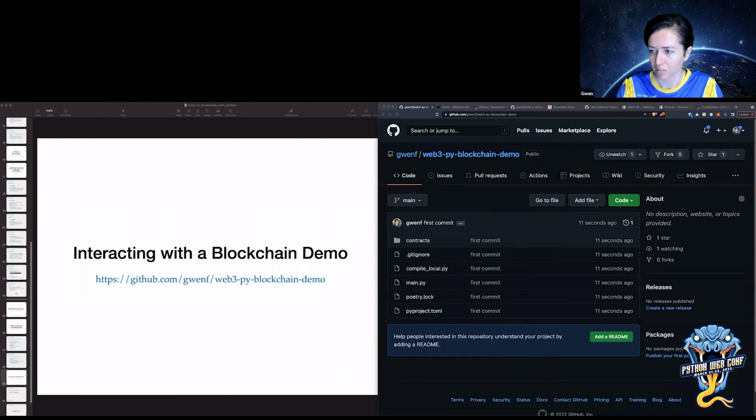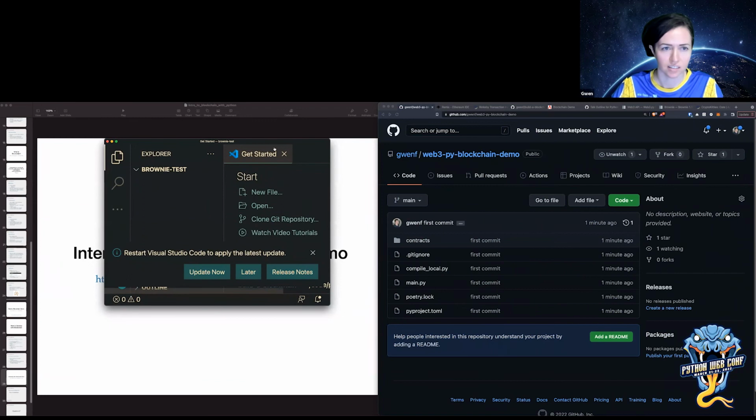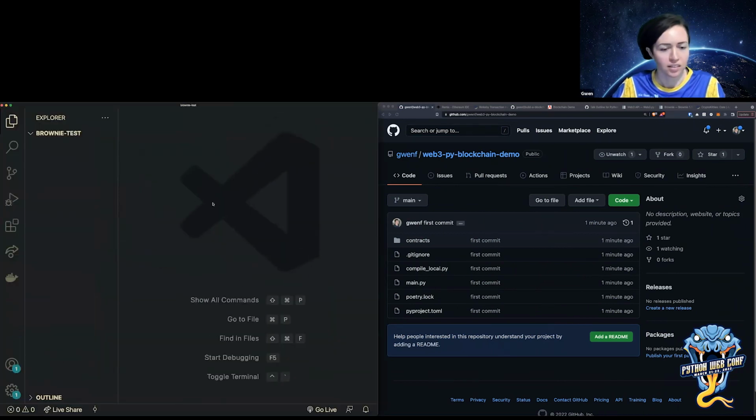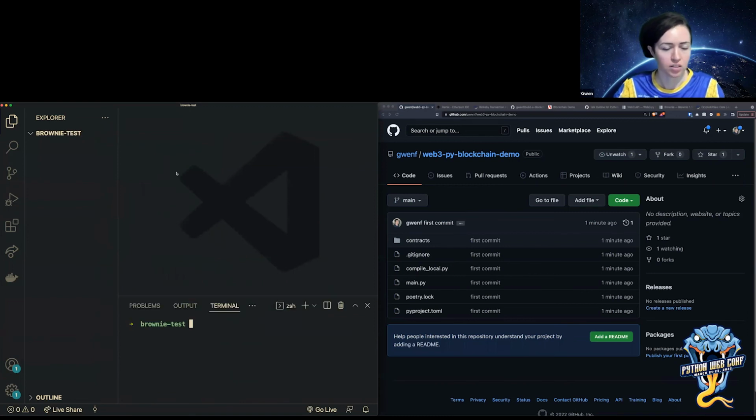I'm just making a new directory now. Okay, so I have an empty directory and I'm going to initialize Brownie inside of here.